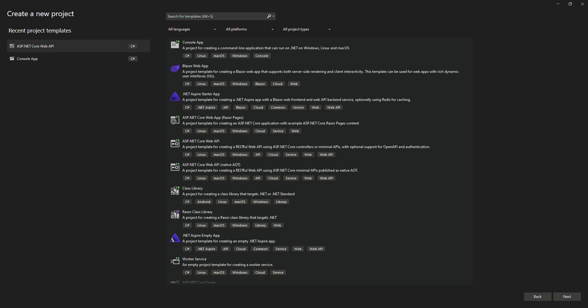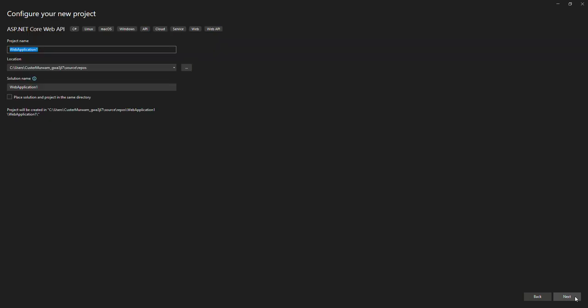Alright, let's get started by creating a new ASP.NET Core Web API project. When you are inside your Visual Studio, just search for ASP.NET Core Web API project. In this case it's this one, and then you select that and then click next. Then let's name our project something like